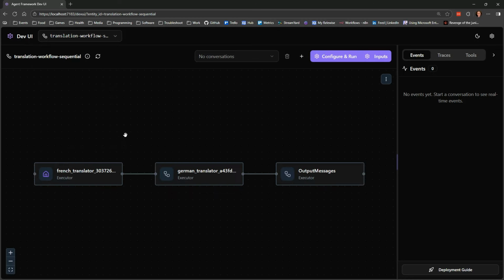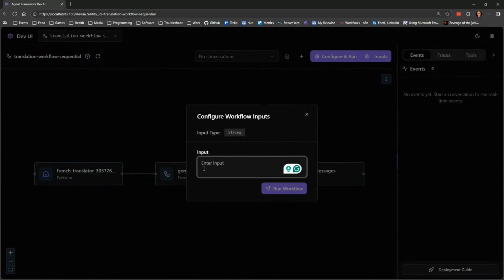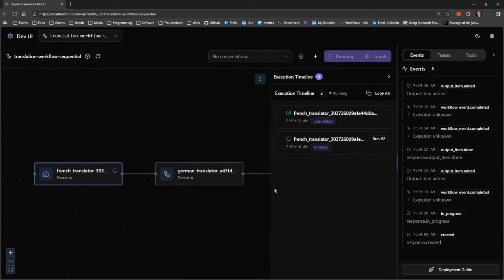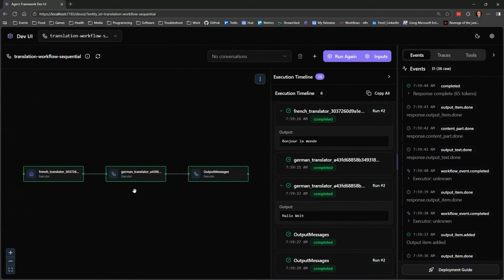But the workflows are down here, and they are actually shown visually, which is really cool. So if I take this sequential workflow that takes my text when I say hello world, it will then run it visually. This is a quick one, but otherwise it would still spin here, then go to this and spin, and go to this and spin, and so on.